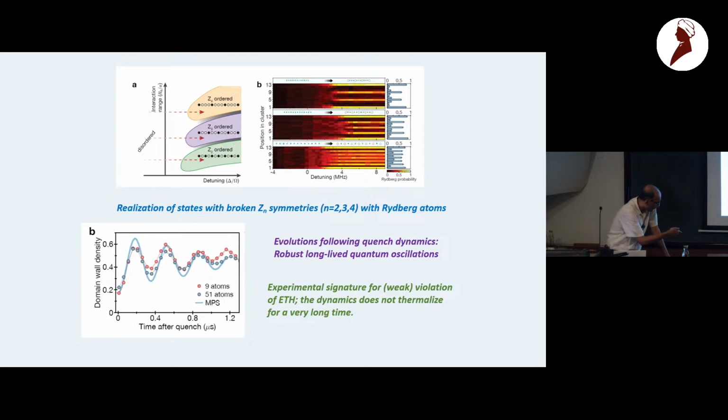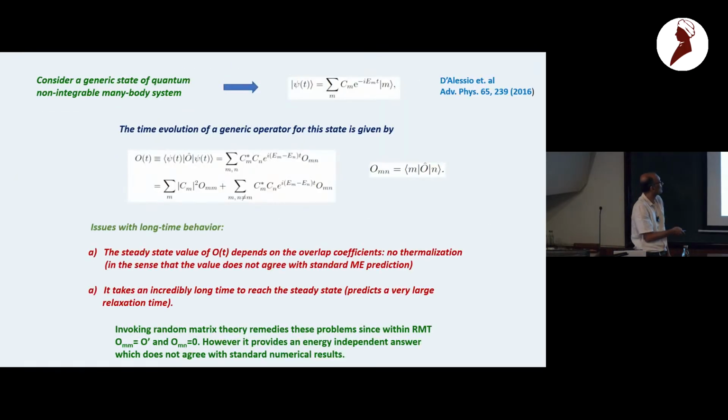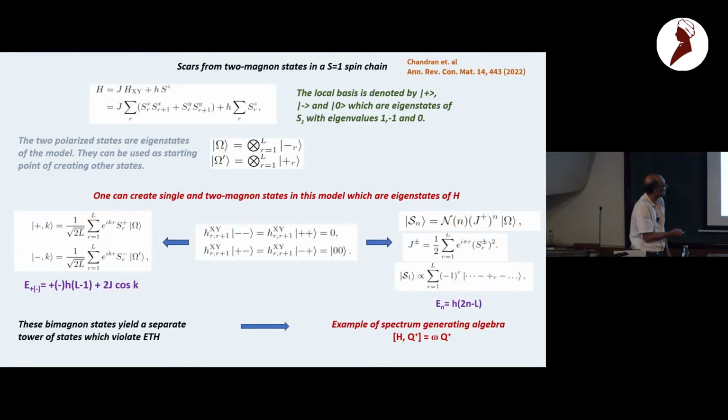So just to complete this, can I take 2 minutes to answer this? Here is a simple example that I can show. It's a spin-1 chain, a spin-1 XY chain in a magnetic field. Here you see the ground state, let me assume, is all Sz equal to -1. But now, if I act on this state with S plus squared, on any site R, I create a plus minus pair.